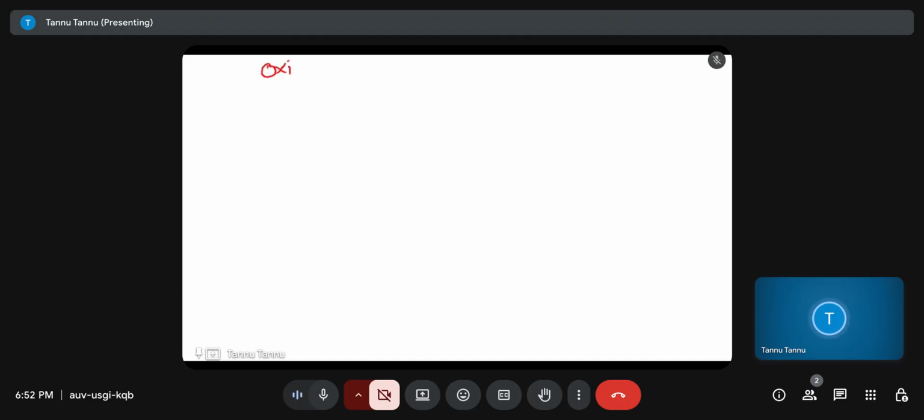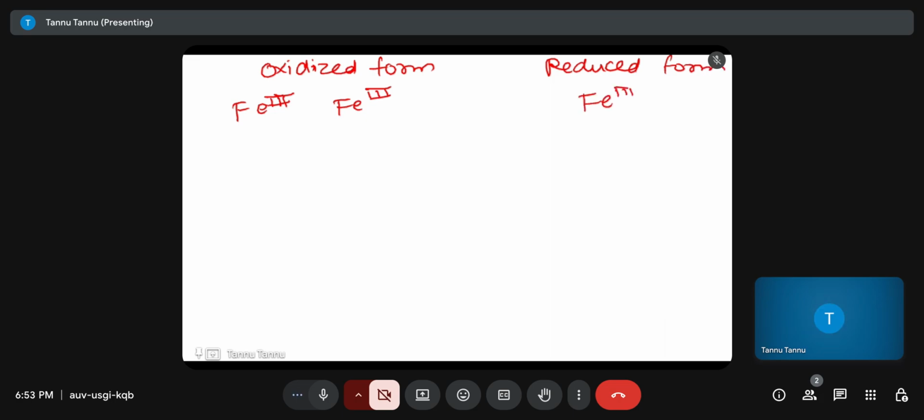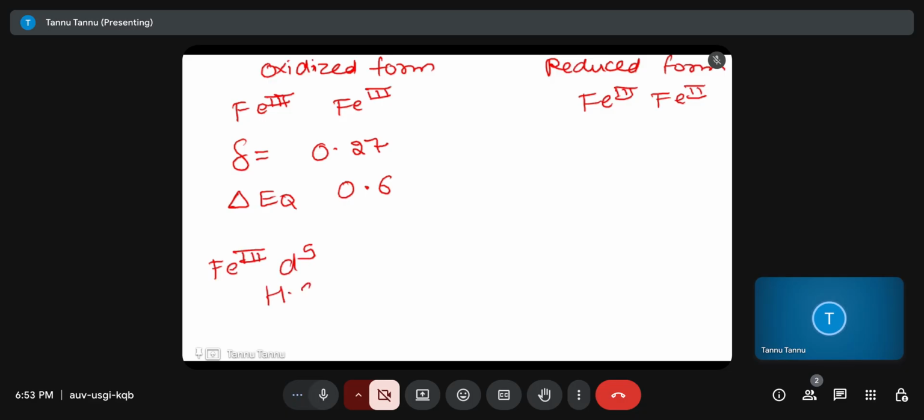So in its oxidized form, ferredoxin exists as Fe3. Both the iron atoms are in Fe3 oxidation state, and in reduced form, one of them reduces to Fe2. So here the isomer shift is 0.27. The quadrupolar splitting is 0.6. So Fe3 is D5, high spin,